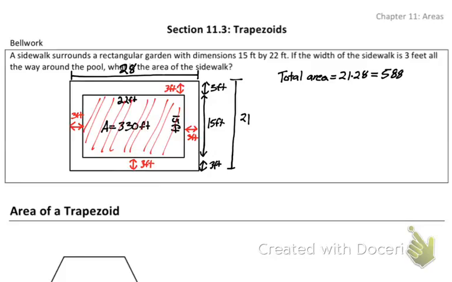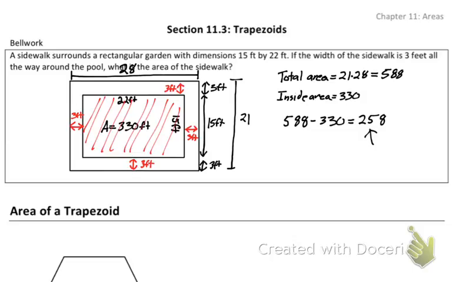Remember that inside area is 330. So if I take the outside area minus the inside area, I'm left with the sidewalk. So that's going to be 588 minus the 330. And that's going to give me 258